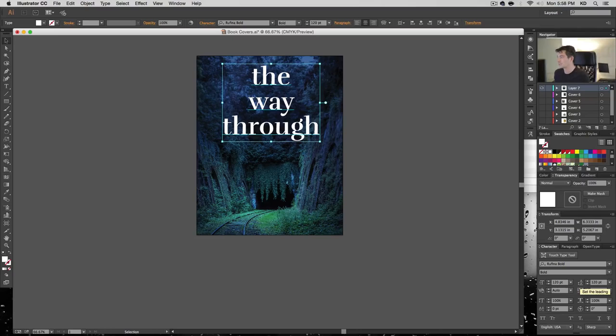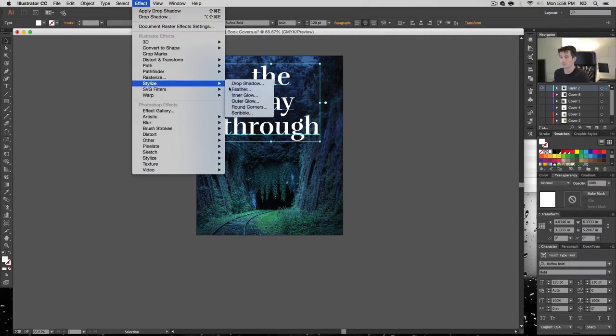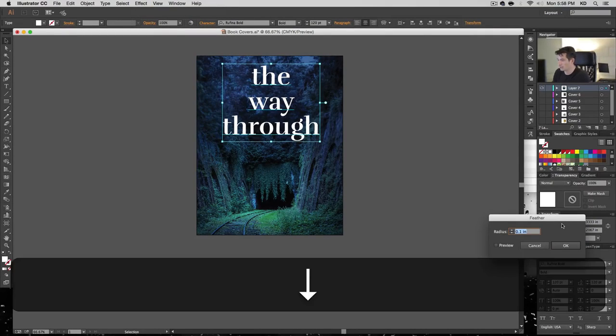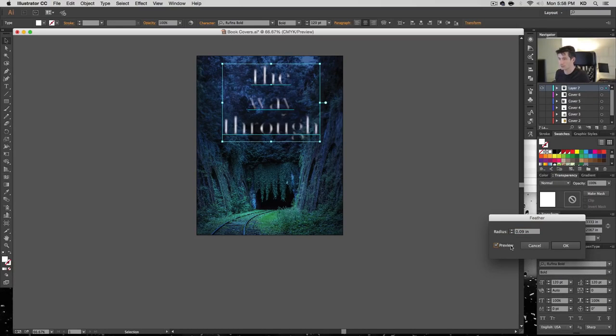Okay, there's a cool little trick that I like. Doesn't always work, but I thought it looked kind of cool here. And that's Effect, Stylize, Feather. And I have to go really low because I'm in inches, so 0.09. Let's see what that looks like. See that, it feathers the vector. It has a really weird way of doing it. It's not like blurring in Photoshop. It's a weird Illustrator version of that. So feather. Do that, and however, it does make it too hard to read,